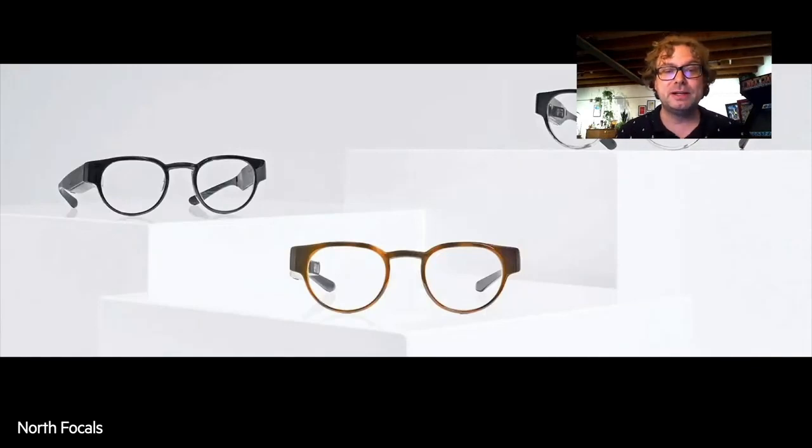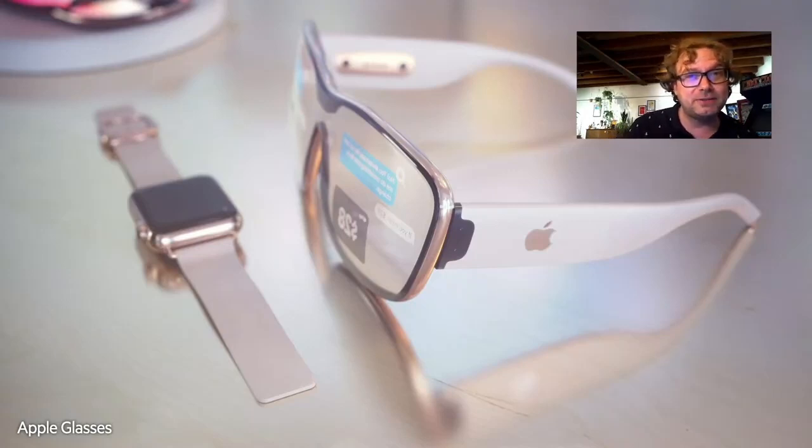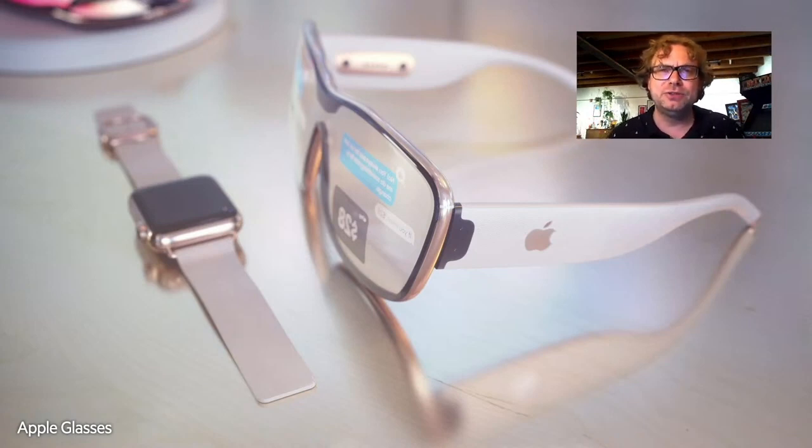Because what we do know is that the Apple Glass will launch somewhere next year. And the Apple glasses will be a game changer. We know very little about it, but Apple has made huge steps in augmented reality and making something that people want to use. So if you can get prescription glasses with augmented reality features made by Apple, we have a big chance that it will be a success, or it will be the first step for other companies to jump on this bandwagon